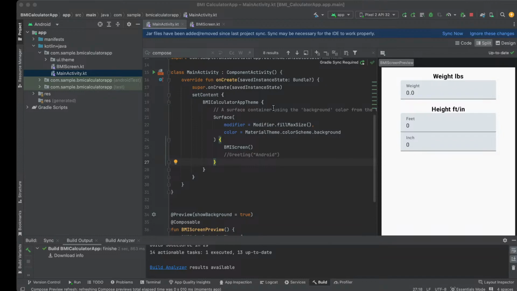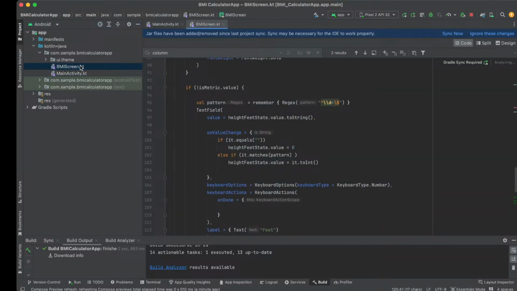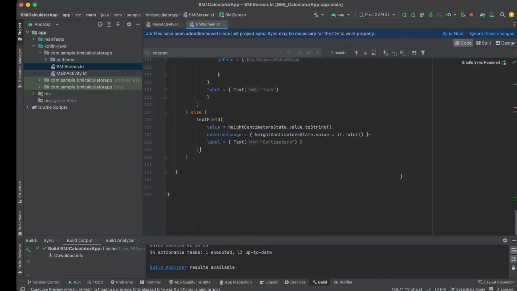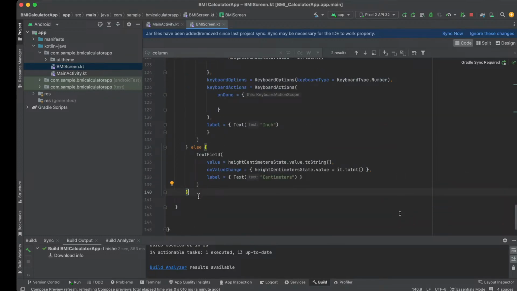I'm gonna go ahead and put a spacer before we implement the button, and then on click there's some logic that we're gonna have to implement as well. So gonna go ahead and put the spacer after our text fields here. So after the centimeter, and then after that